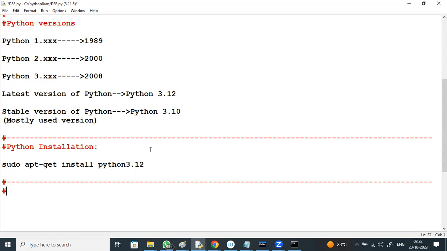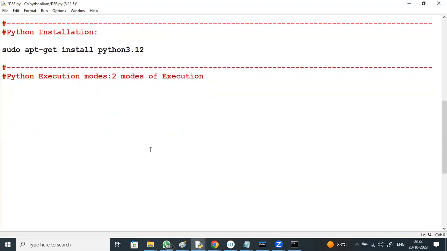Python execution modes. Two modes of execution: one is interactive mode, the other is batch mode. Interactive mode we were just discussing.